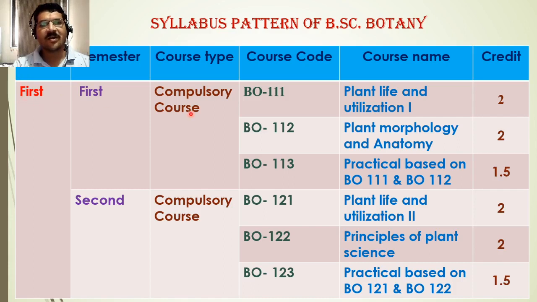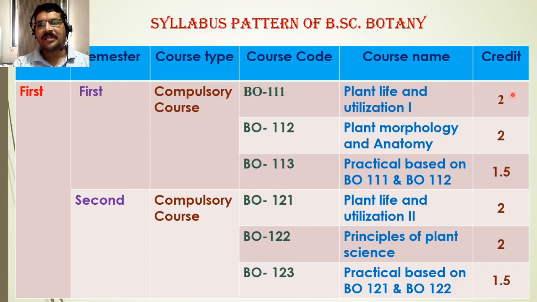What was the structure of the syllabus? In first year there were 2 semesters, and in each semester there were 3 subjects, and all 3 subjects were compulsory. So these 2, that is plant life and utilization and plant morphology and anatomy, are theory subjects,